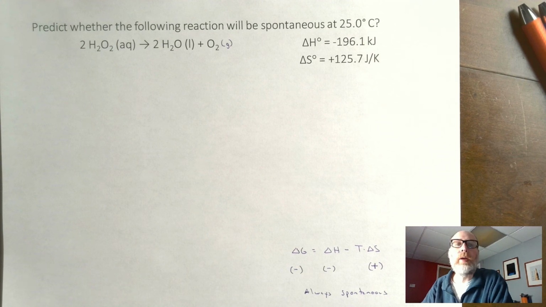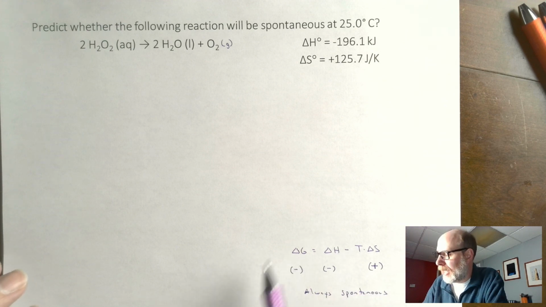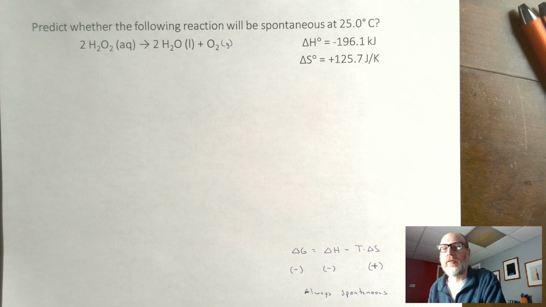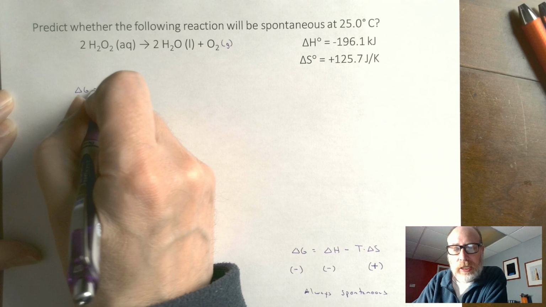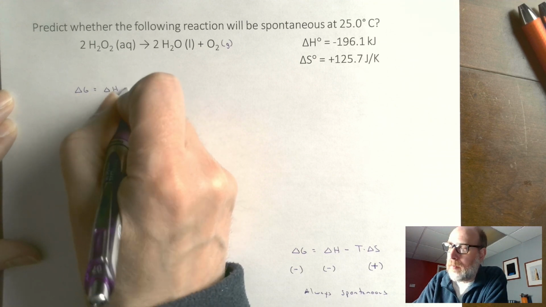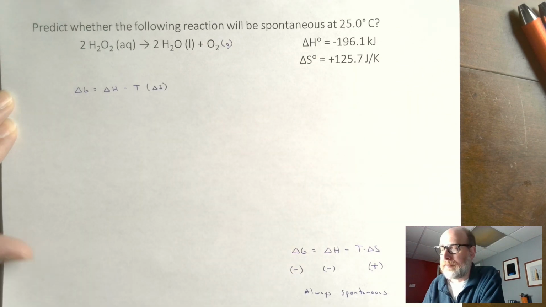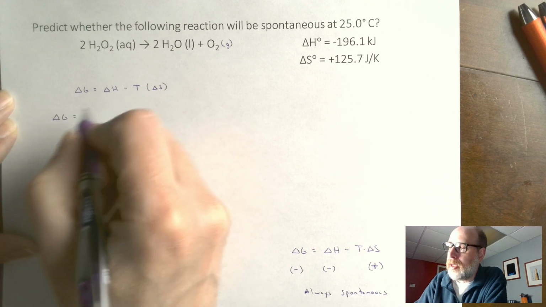Now we can go through and calculate what that free energy change would be to see if our prediction is correct. Honestly, this is the most straightforward case, because in every case this free energy change should be negative. So if we get something that's positive, we know something's wrong. I like problems where you can sort of figure some of that stuff out on its own. And our free energy change equals our enthalpy change minus temperature times change in entropy. We don't know what our free energy change would be equal to, but we know that our